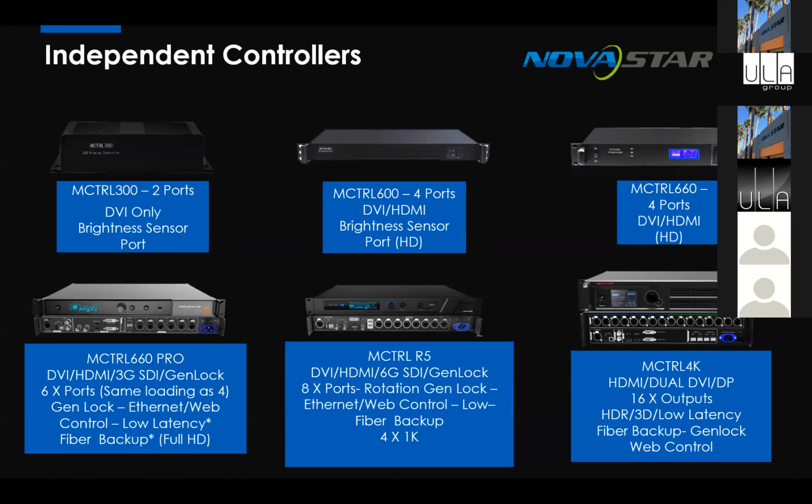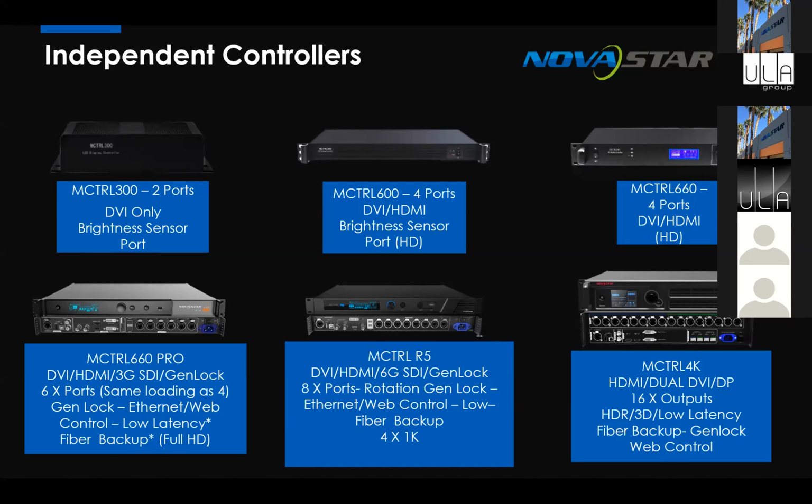The newer generation controllers are the ones down the bottom, the 660 Pro. It's got the same port loading. This is where a few people get confused. It's got the same port loading as a 660, but it's got 6 ports. So basically, it lets you create some different shapes or regular shapes because you've got 6 ports to use for data, but you're still sharing the fundamental pixel load between them. A little bit confusing, but that's the way that unit works.